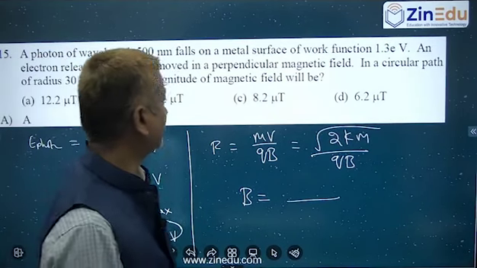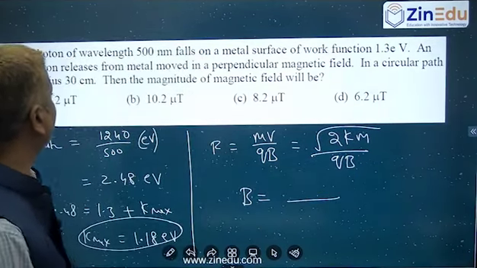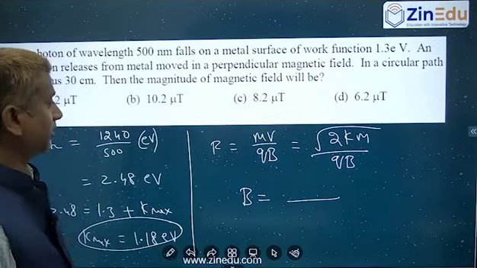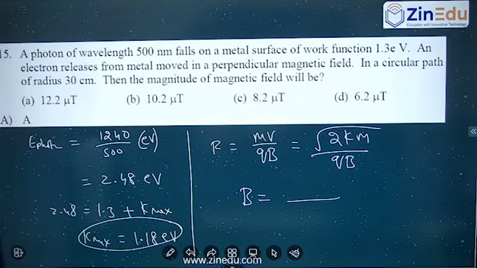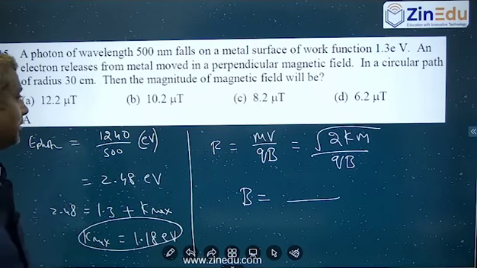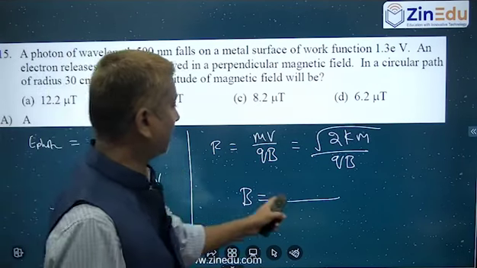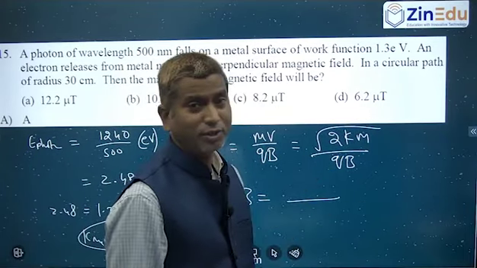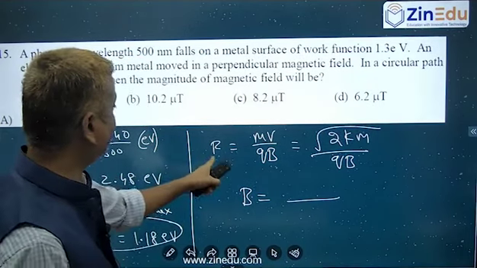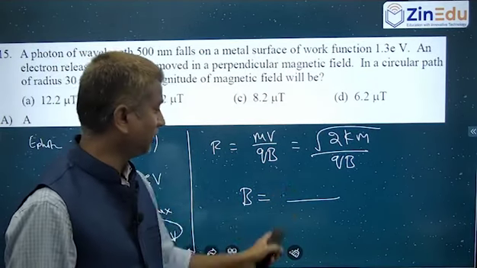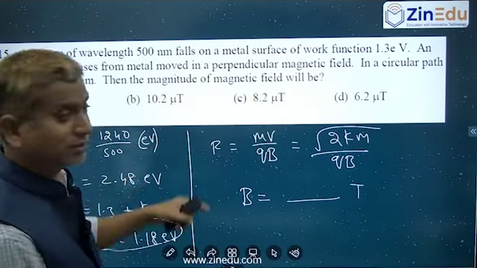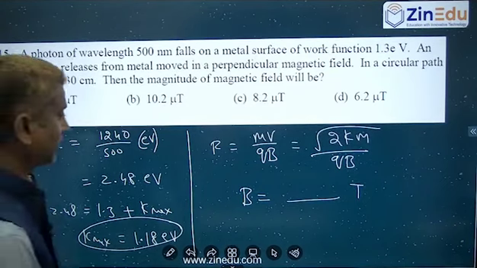You know the mass of the electron and the charge of the electron, so you can get the magnetic field. That is the question number. You can do those calculations. Next. Whatever value you are getting, you convert into micro Tesla. You will get it in Tesla, provided you substitute everything in SI units: radius 30 centimeters is 0.3 meters. The magnetic field you get in Tesla, and you can convert it into micro Tesla, right? Next.